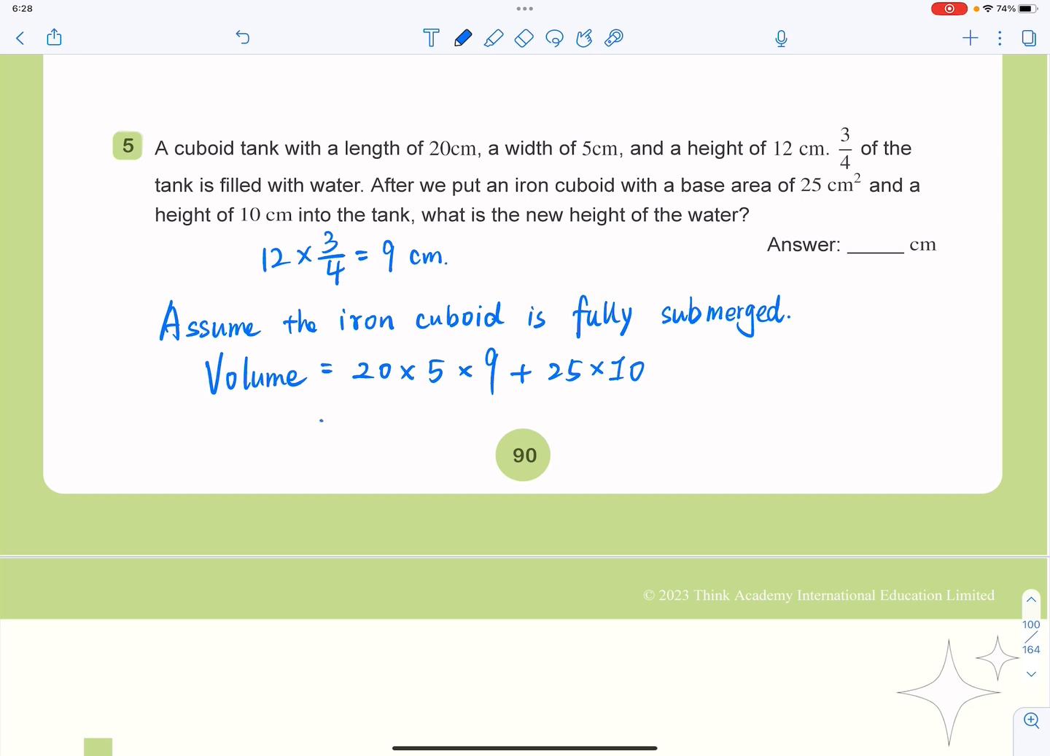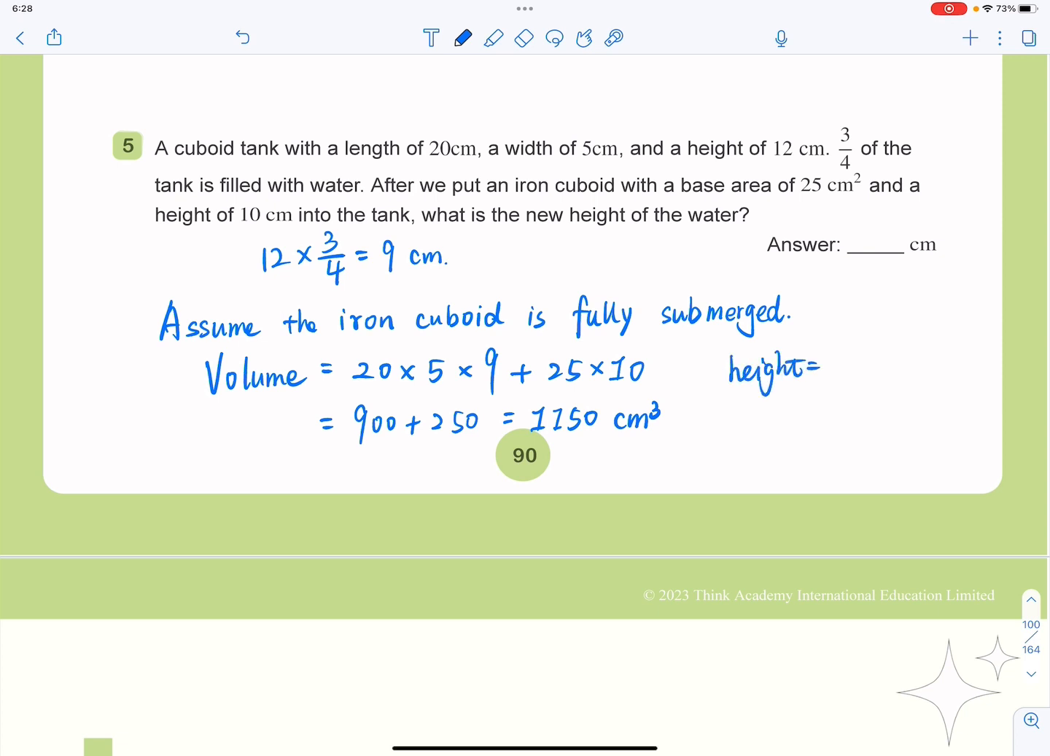All right, and let's do the calculation and see what we got. That will be 100 times 9, you got 900, and plus this 250. After doing the calculation, that equals 1,150 cubic centimeters. All right, and then to get the height of the water, we have to use this divided by the area of the base of our cuboid tank,